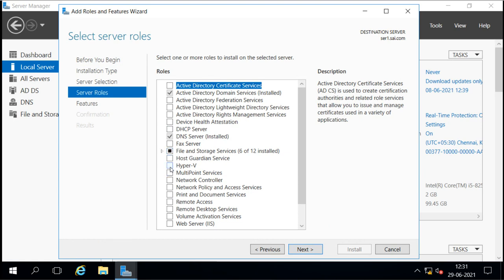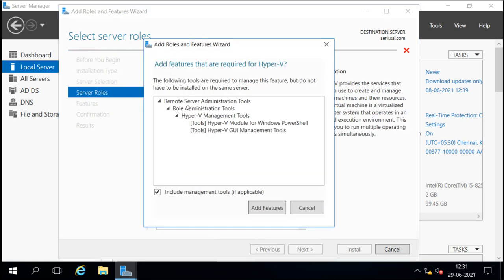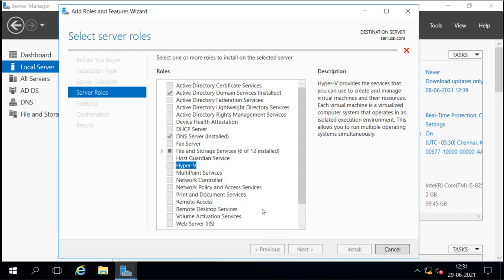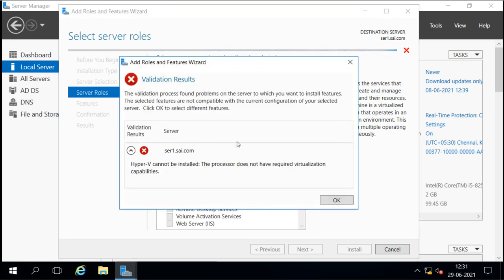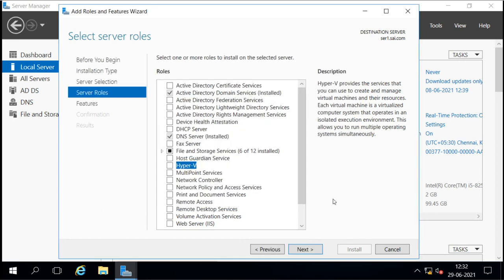When I select this, it says I need this feature, so I'll say okay, add it, and it gives me an error here. It gives me an error because right now I am not able to create the virtual machine.